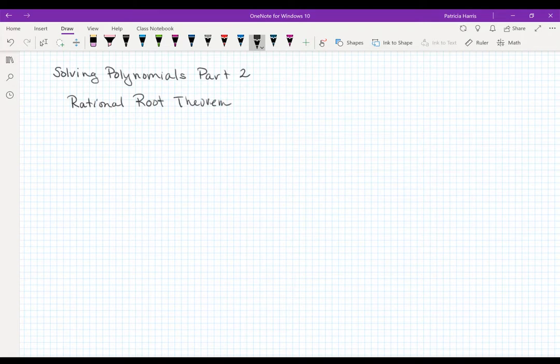And the rational root theorem states that any rational root, which means fractional or integer root that we have, will be a factor of the constant term over the factor of the coefficient of the lead term. Okay, so if we're looking at something like, let's say this,